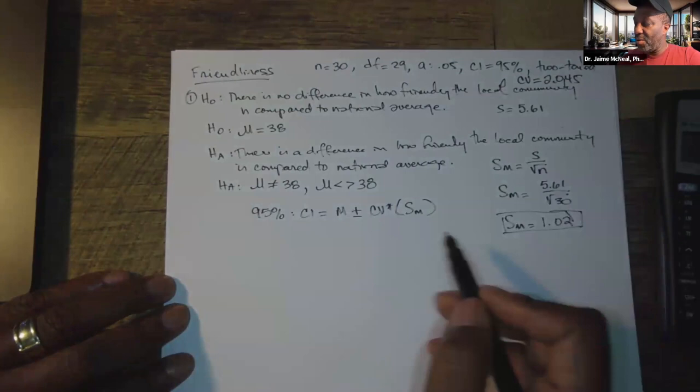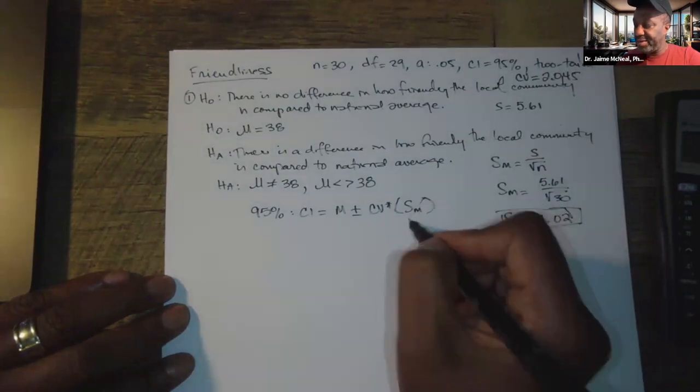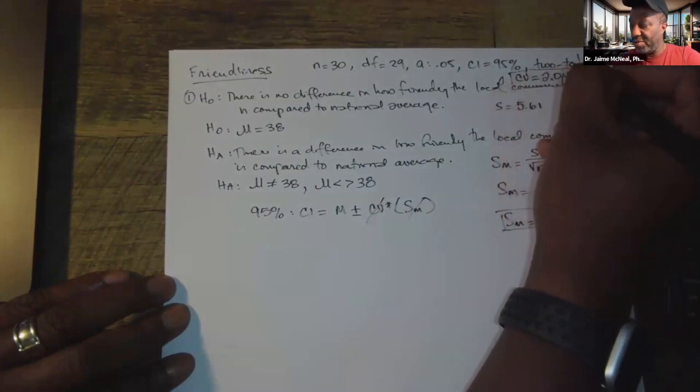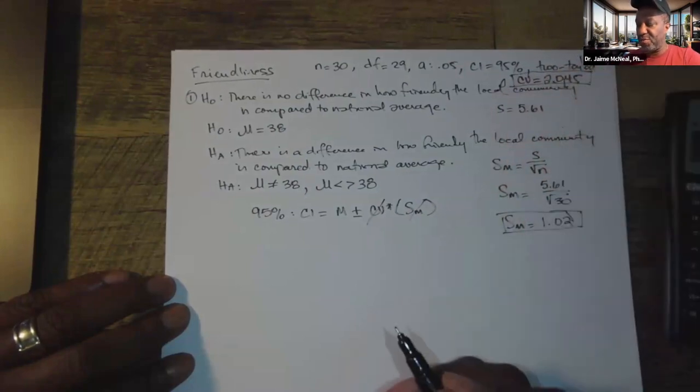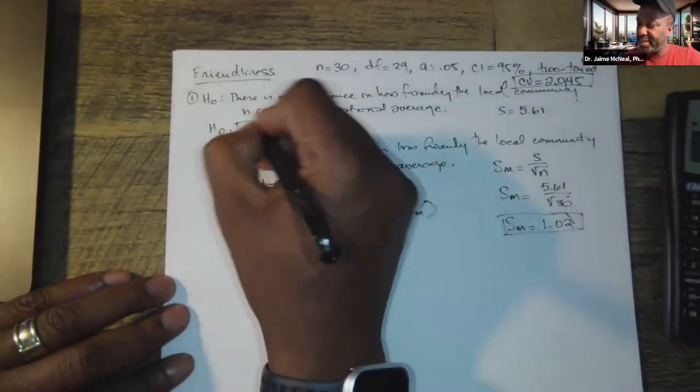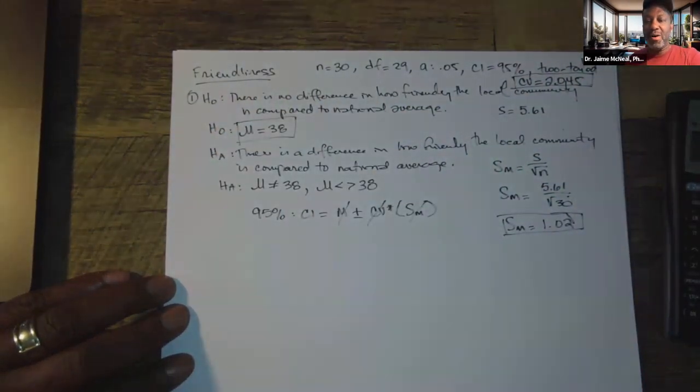So now we know what that is. We know what the standard error is, and we also know what the critical value is. The critical value we already found out was 2.045. And we know what the mean is. The mean is 38. So we have all the elements we need to